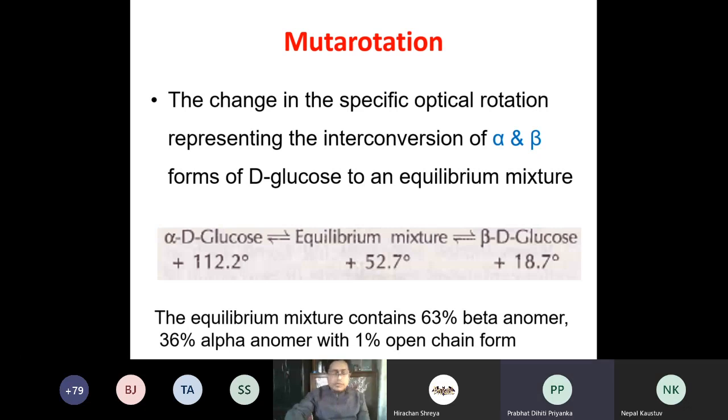There will be a change in specific optical rotation when glucose powder or glucose crystal is placed in a solvent water solution. In crystallized form, glucose is alpha D-glucose, and if we make a solution of glucose, it will form an equilibrium mixture, and in that equilibrium mixture,